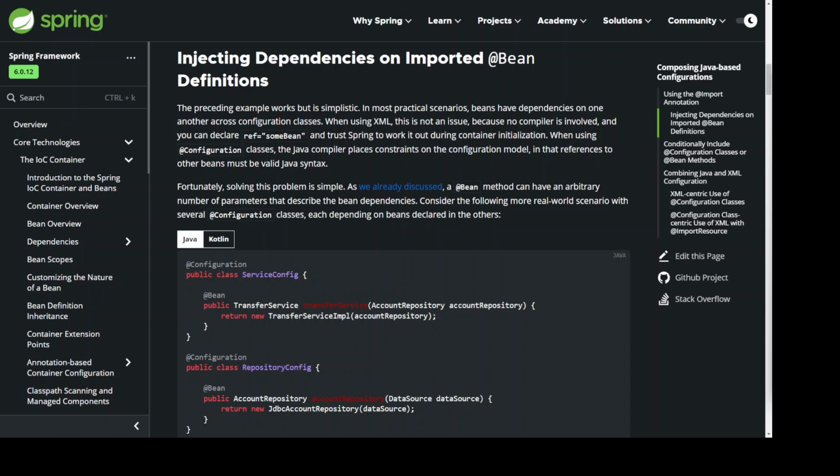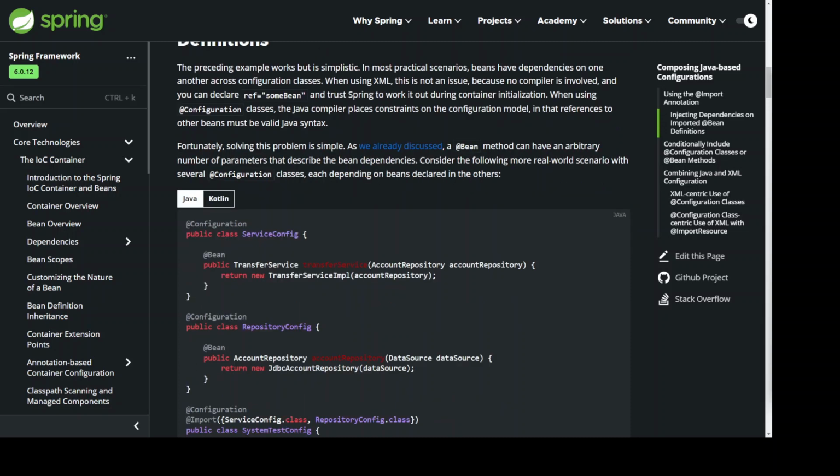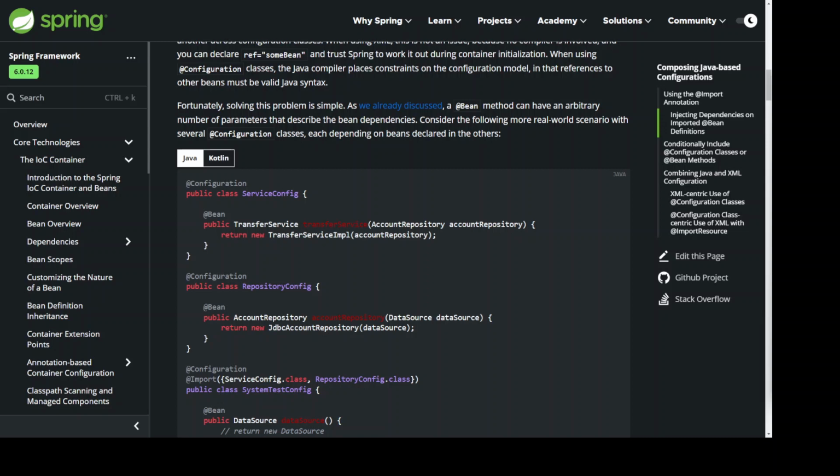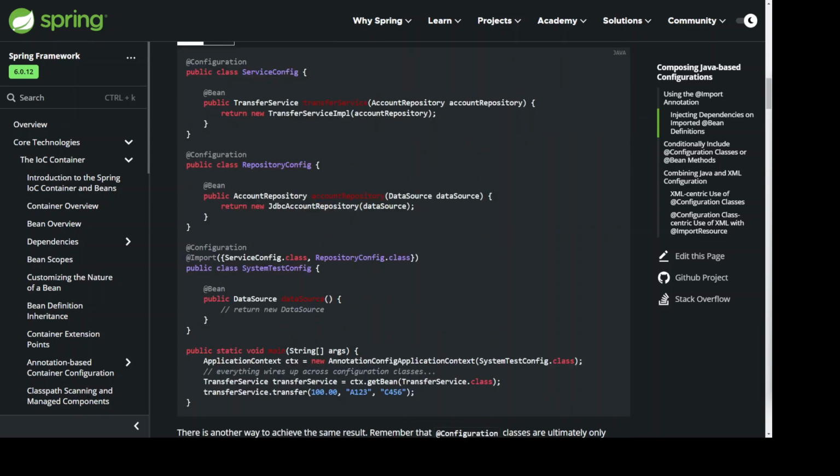Consider the following more real-world scenario with several configuration classes, each depending on beans declared in the others. @Configuration public class ServiceConfig { @Bean public TransferService transferService(AccountRepository accountRepository) { return new TransferServiceImpl(accountRepository); } } @Configuration public class RepositoryConfig { @Bean public AccountRepository accountRepository(DataSource dataSource) { return new JdbcAccountRepository(dataSource); } } @Configuration @Import({ServiceConfig.class, RepositoryConfig.class}) public class SystemTestConfig { @Bean public DataSource dataSource() { // return new DataSource }